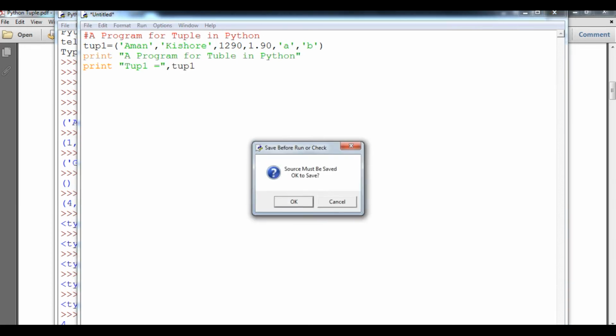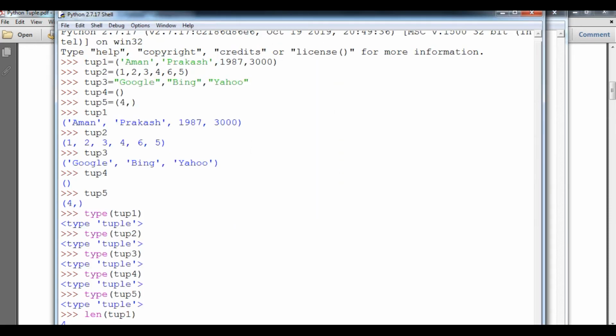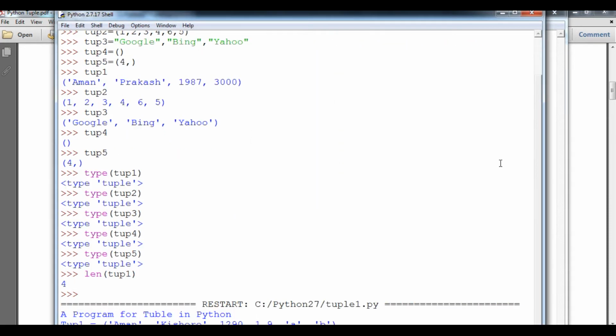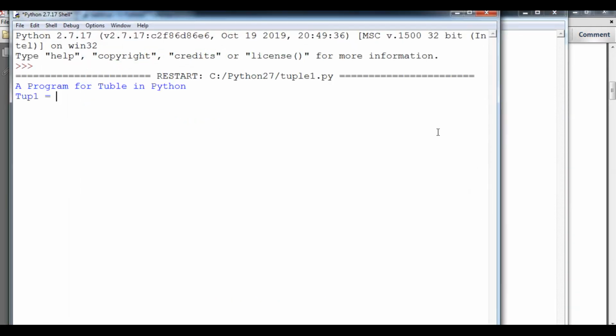Now I'm going to save it, and the file name will be my tuple. I will show you the output in a fresh copy, students. Let me run it again. Now you can see the program for tuple in Python, and Tuple 1 equals the values that I put at declaration time in the tuple variable.